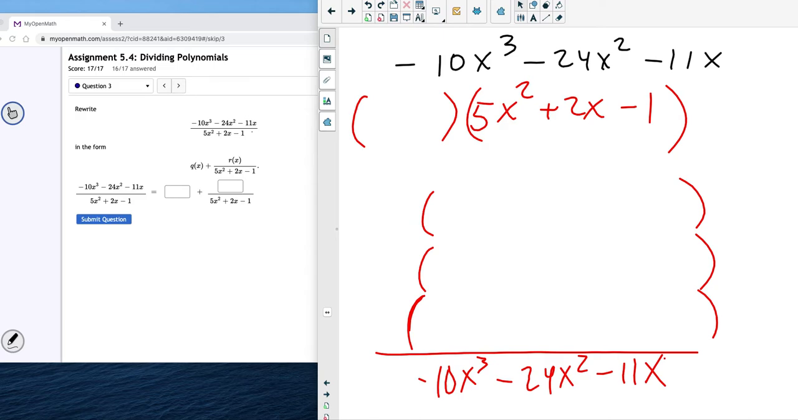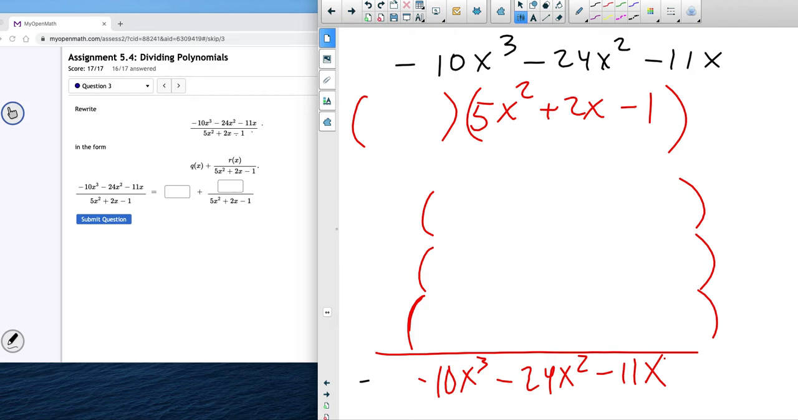The top goes in your first line, and it goes way down here in the bottom also. So here and here, okay? The denominator goes right here,